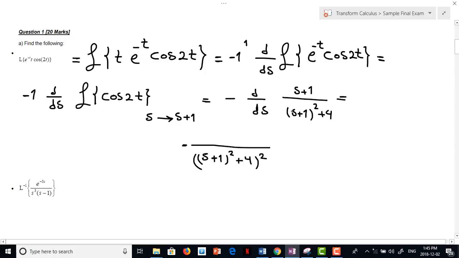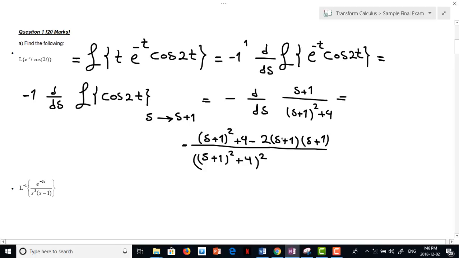Derivative of numerator times denominator, so it's going to be (s plus 1) squared plus 4, minus derivative of denominator times numerator, so minus 2 times (s plus 1) times (s plus 1). So you don't need to simplify